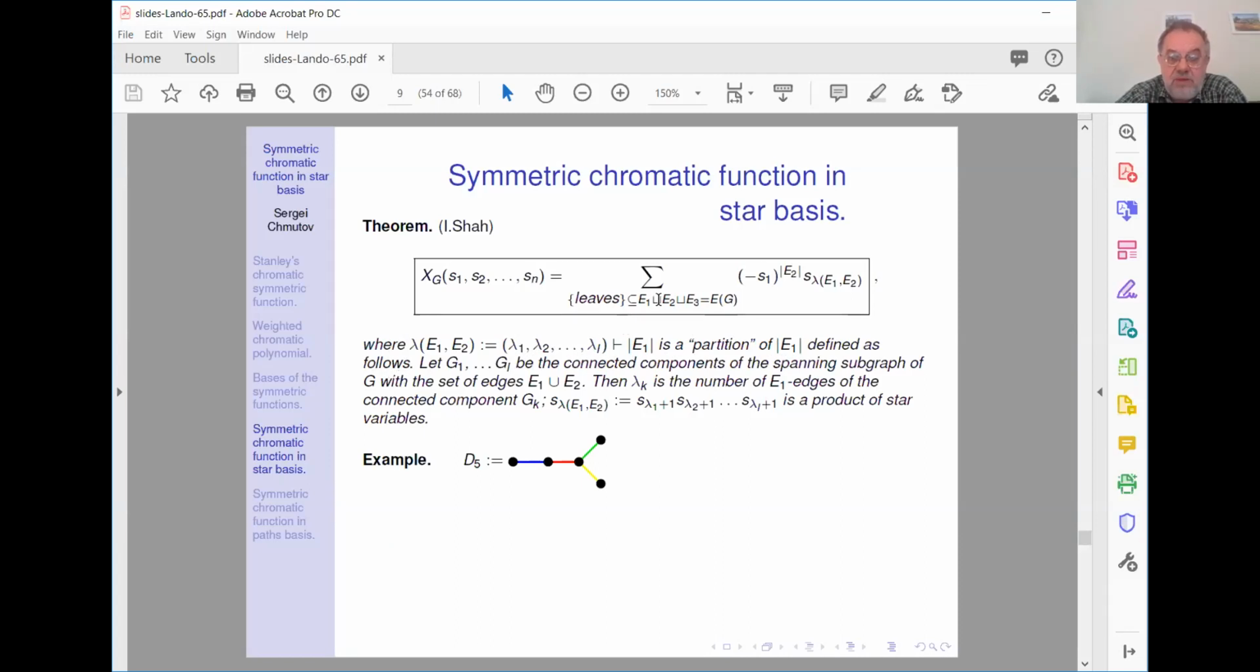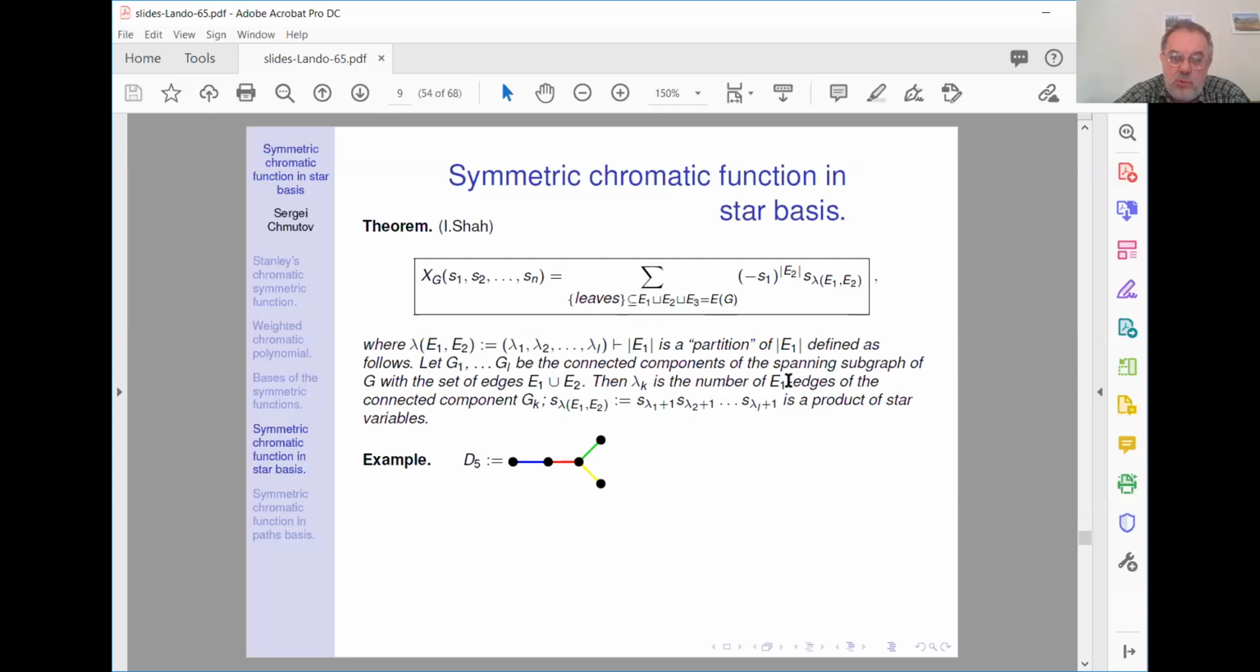So first I consider the union E sub 1 and E sub 2, and take the spanning subgraph corresponding to that union. That spanning subgraph will in general be disconnected, and I take a connected component of this spanning subgraph. And then the k-th element of that partition, lambda sub k, is going to be the number